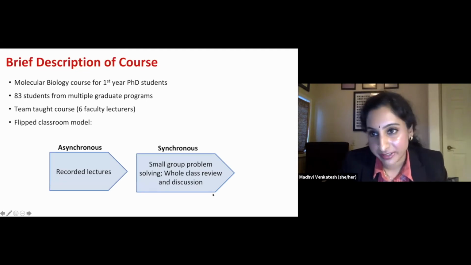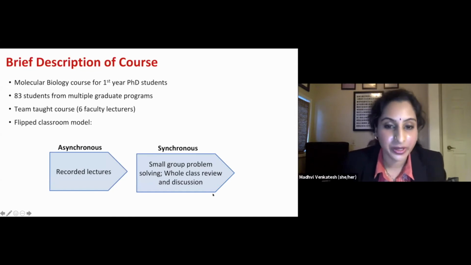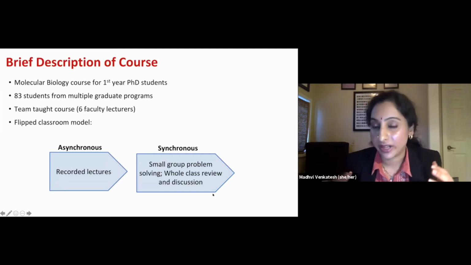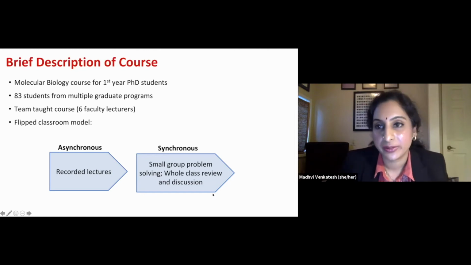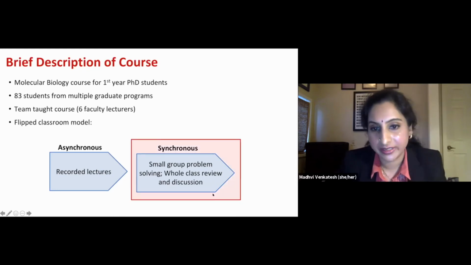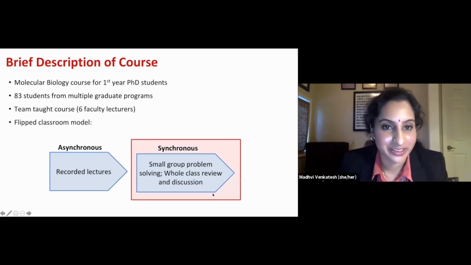We adopted a flipped classroom model for the fall 2020 semester. So most of our content delivery was asynchronous. And then when we came together as a group, we had small group problem solving in breakout rooms, as well as some whole class review and discussion. So we were trying to balance having everyone together, as well as giving students time to work in groups of 6 or 7. And for the purposes of today, I'm going to focus more on the synchronous sessions because that's where most of the community building